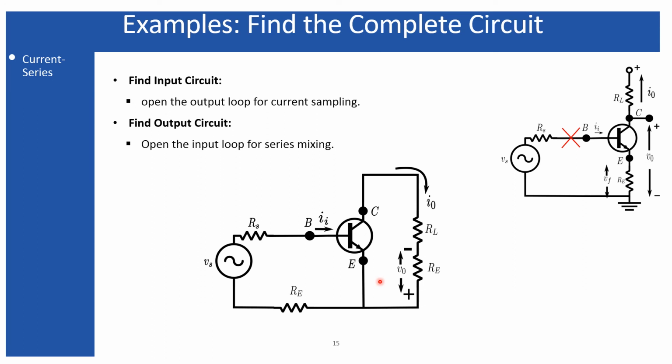If you have a different circuit for the current series, for that circuit the orientation of the input circuit and the output circuit will be different. But for this circuit, when you are going to convert the with feedback network into the without feedback network by taking the loading effect of the feedback network, you can see the equivalent impedance of the feedback network is appearing both on the input side as well as on the output side, and this circuit is actually the complete circuit that I have presented.